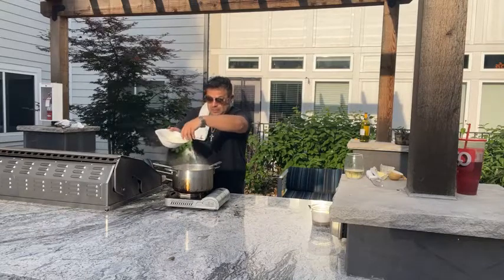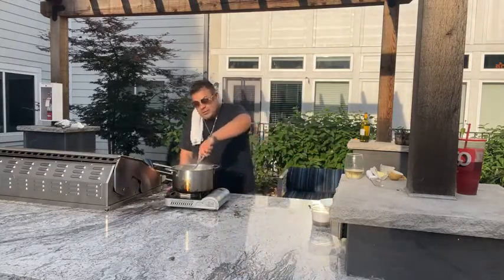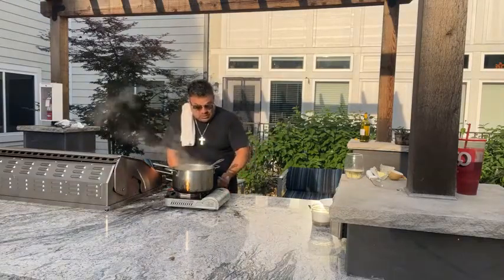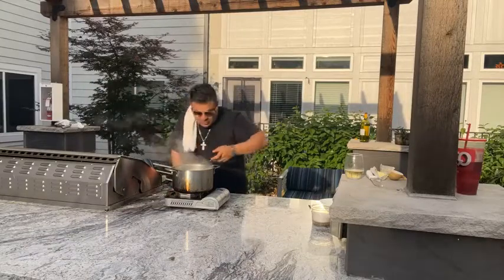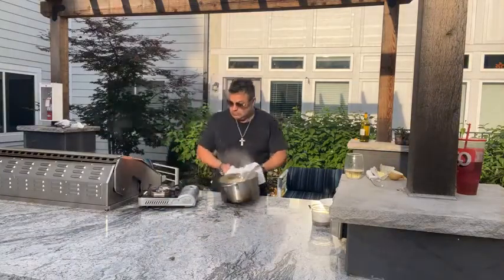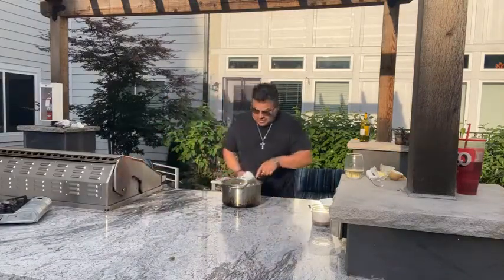So I'm gonna add a little bit Parmigiano Reggiano right inside. Stir that in with the heat on low. Actually, turn the heat off because you don't want that to get stringy and clumped. Let me show you. This right here, this is heaven, I'm telling you. This dish,